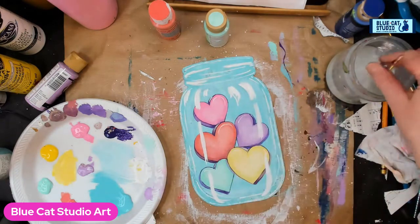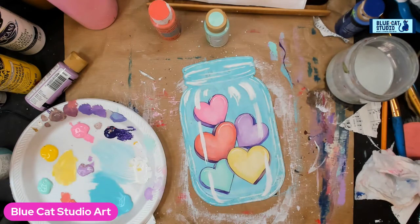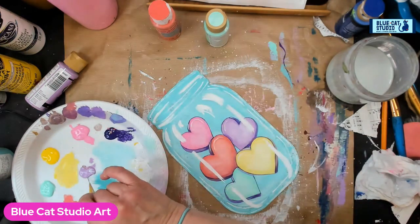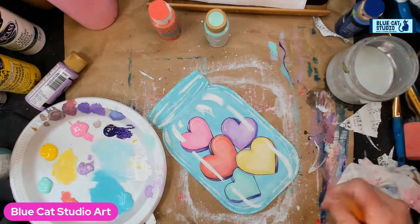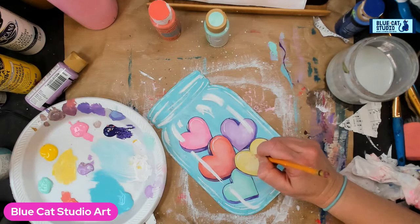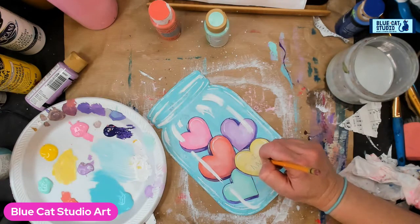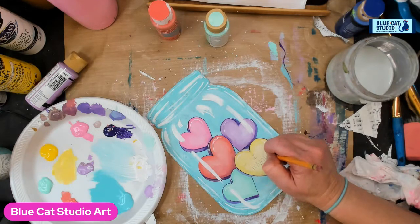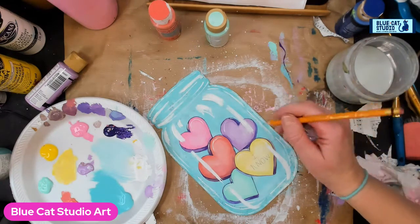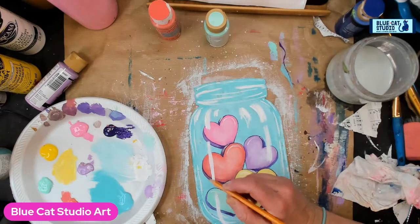We need to get some words on these guys. So let's do this thing. Okay, so first up, Han Solo. I know. All right, you guys, my lettering is awful. Let's use a pencil. Okay, I think I can get away with this. Squad goals for sure. And this one here is going to be from Ghost, so it's going to be